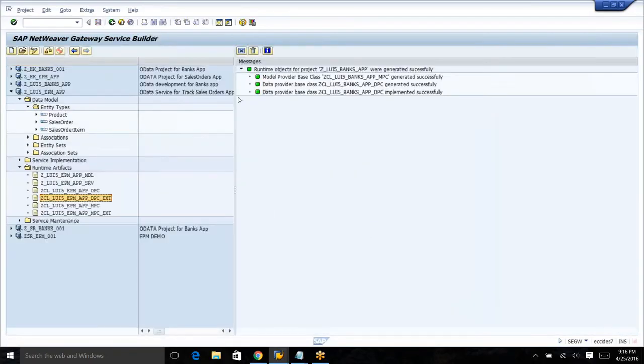When we generated the runtime artifacts, basically it generates two categories of classes, one for the model provider class and one for the data provider class. The model provider class is an exact replica of what we have done during the design time. If we go to the model provider class,